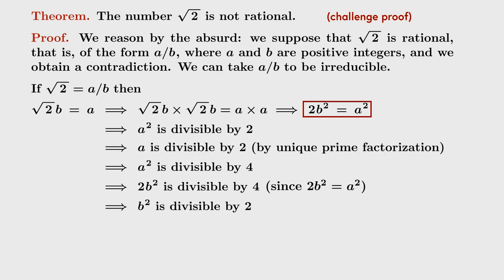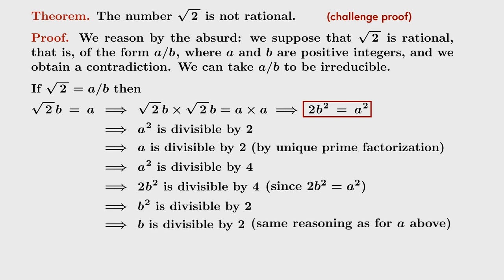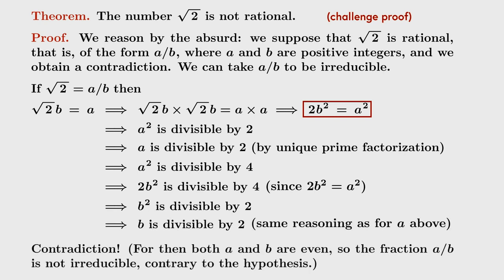Now step back for a moment. We've proven here that a is divisible by 2 and b is divisible by 2. Well, there's our contradiction, because we said that a over b was an irreducible fraction. That contradiction ends the proof. That square box that has just appeared, by the way, is the way modern mathematicians mark the end of a proof. In the old days, you used to write QED for a certain Latin phrase.